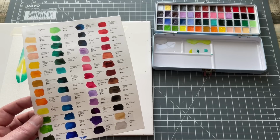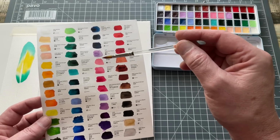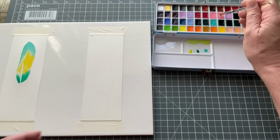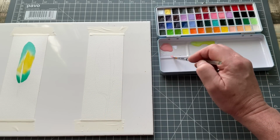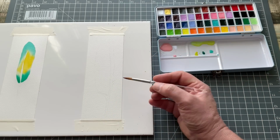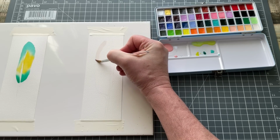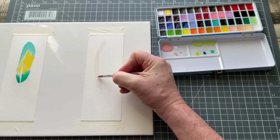I'm thinking of some sort of pink. Let's do the pink rose, which is 1, 2, 3, 4, 5. 1, 2, 3, 4. Right, it's that colour there. So let's get some of that up. Now, remembering that this is a real intense pigment palette, I'm just going to be a little more cautious with my colours. That's the struggle I have when it comes to doing watercolours,